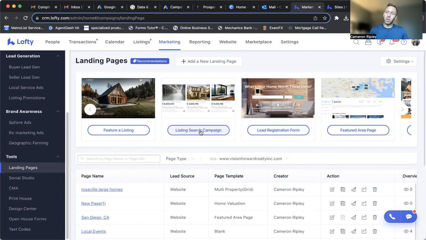You could make a featured area page where it talks about Roseville, California, which is where I live. We have great schools, a lot of new construction. We have a big food scene. We've got this giant mall, right? And so I can do stuff like that. I can create this listing search campaign,